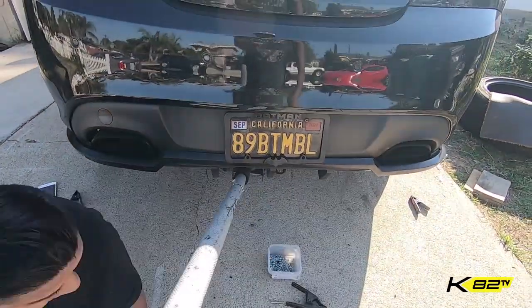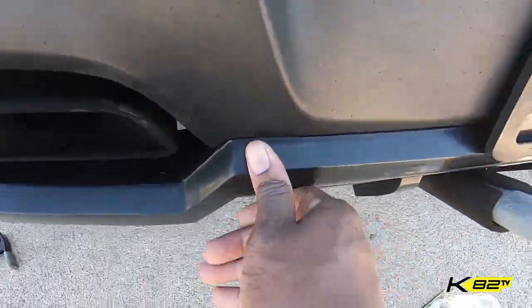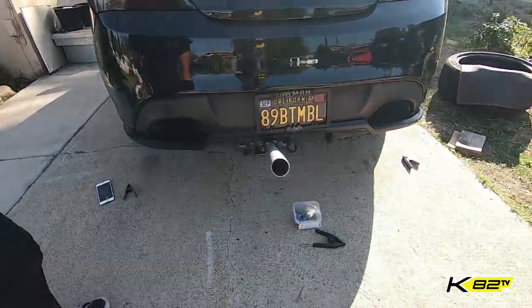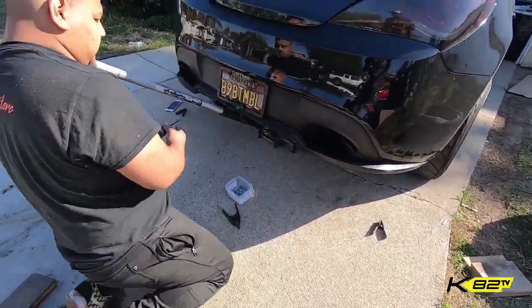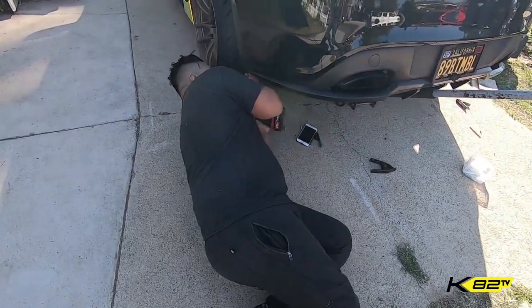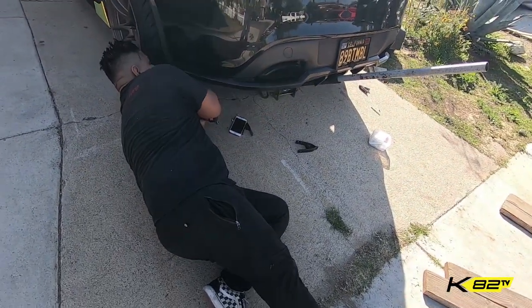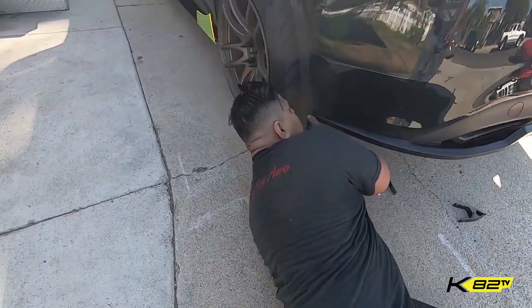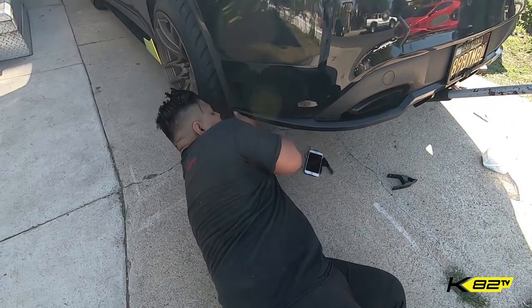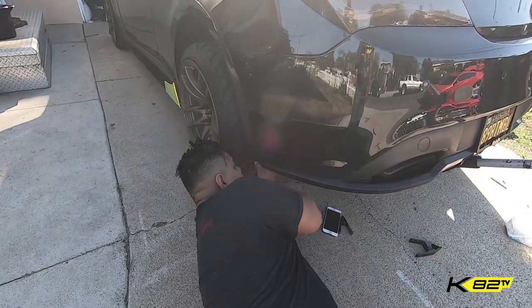No gap. Oh, that's good. I like that. That's as snug as it's gonna get. So now we're gonna get the edges. He's using a slightly longer screw than the other one he was using for all the other parts, just to make sure it grabs. So